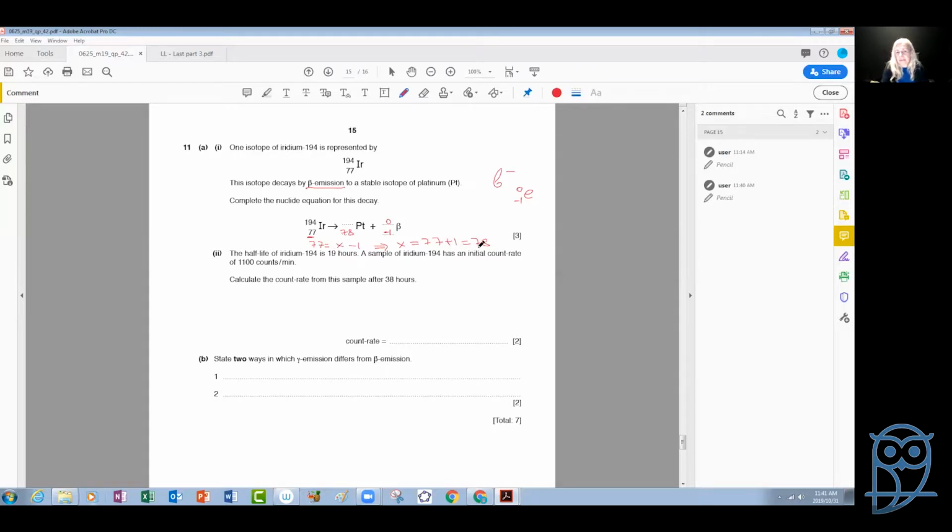But we can calculate it and we can find it this way. So this number, which is the atomic number for platinum, is 78. Now, to find the nucleon number of platinum,